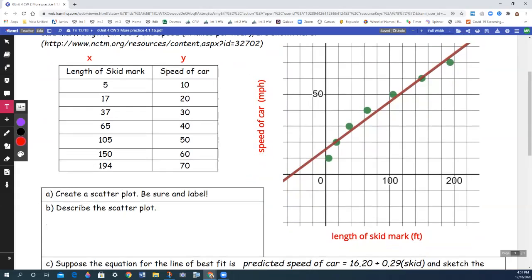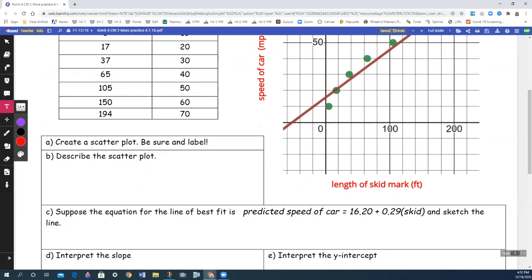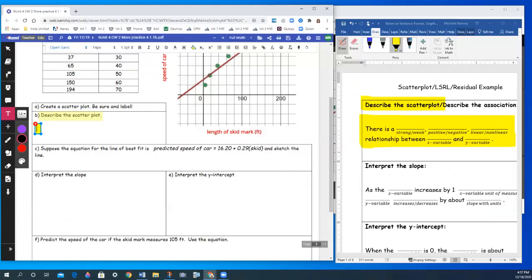Okay, so now I am going to describe the scatter plot. And these are using the sentence frames. I'm going to get the sentence frames up here also so you guys can see them. So on this side here, I have the describe the scatter plot. There is a strong or weak, positive or negative, linear or nonlinear relationship between. And then here where it says X variable, you're going to put what the X is representing and what the Y is representing. So I am going to write,